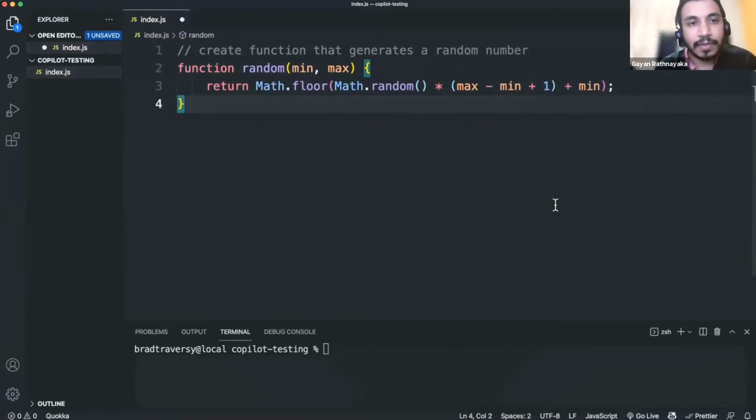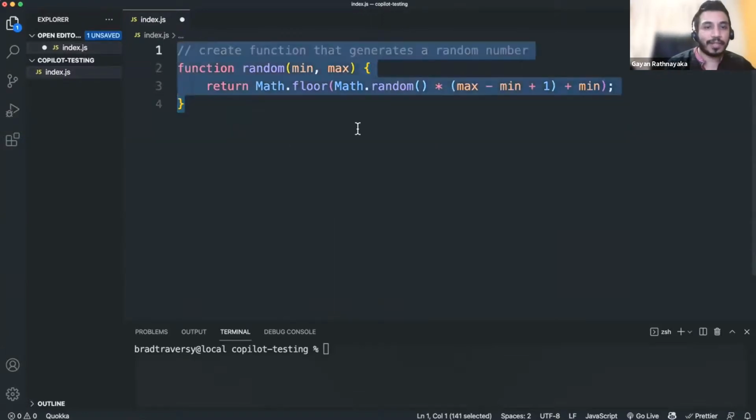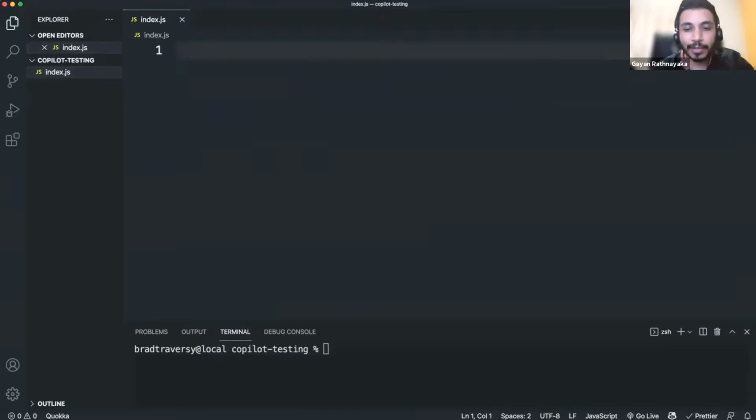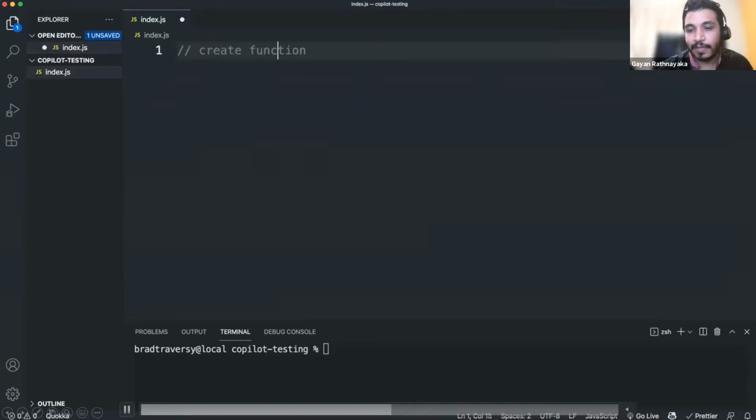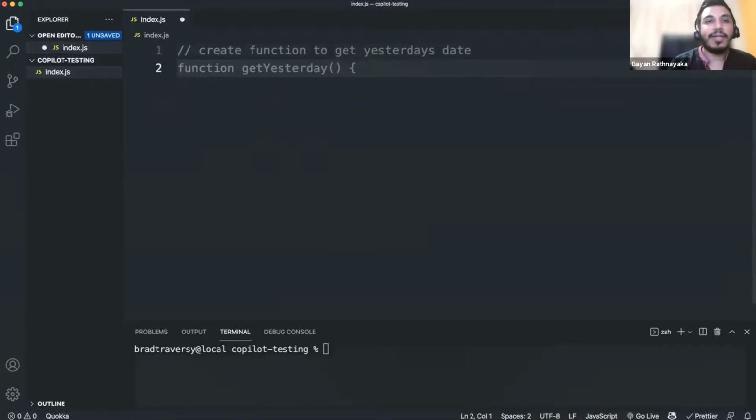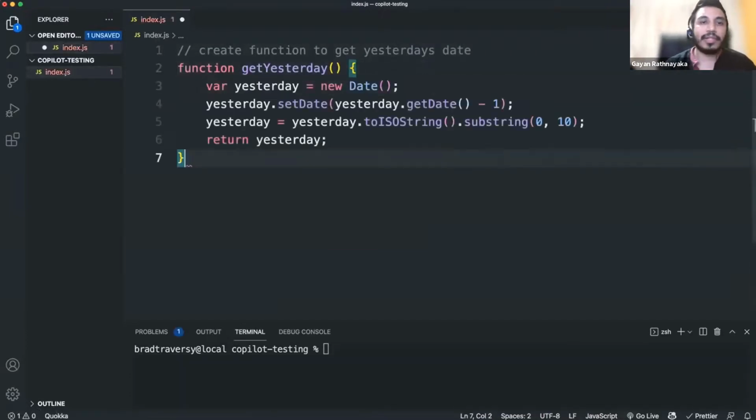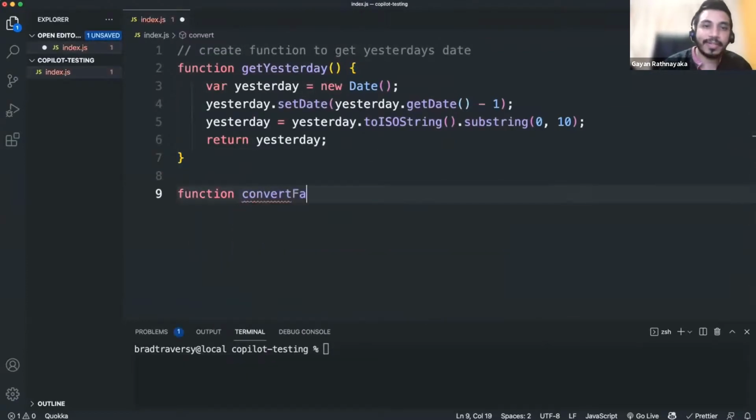Okay, we'll have a look. Either you can accept this answer, or you can select from the Copilot suggestions. A Copilot button will be enabled at the bottom, so you can also click there, right? It will be available, so you can click that and go to the suggestions box. Then you can type a comment like create a function to get yesterday's date. Assume you don't have a feature like this, you have to go and search this on the web.